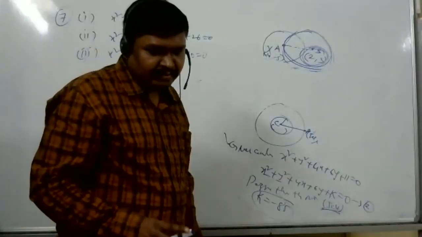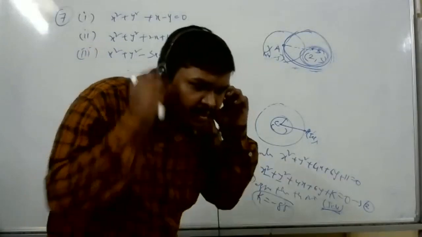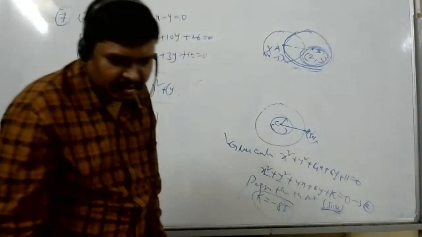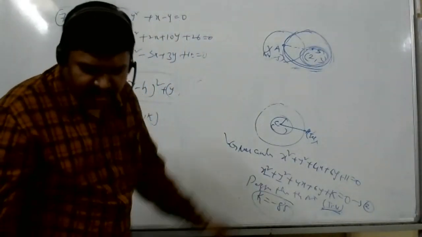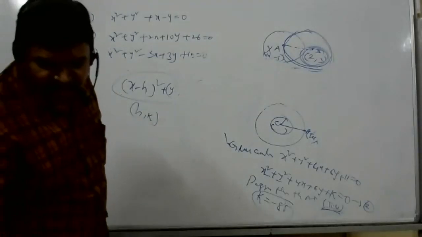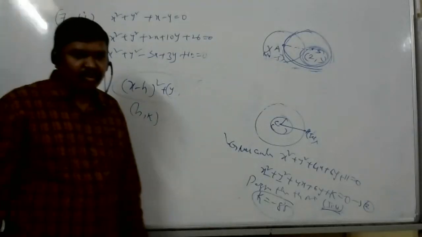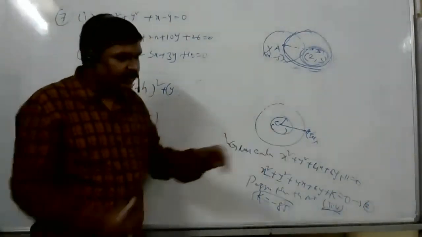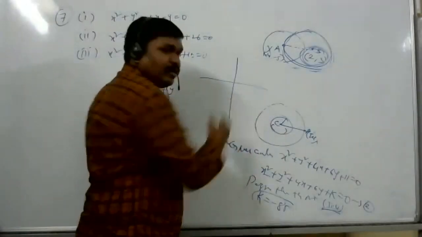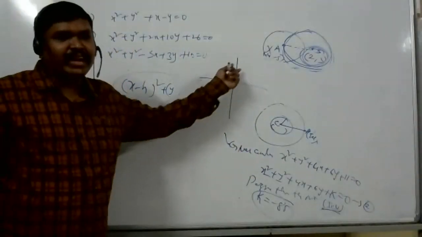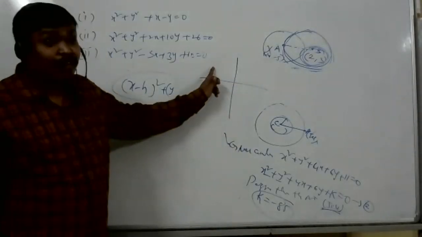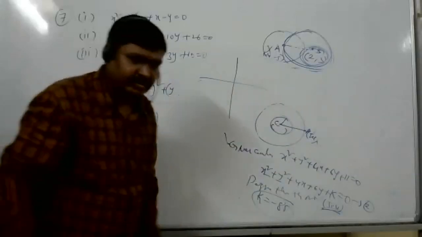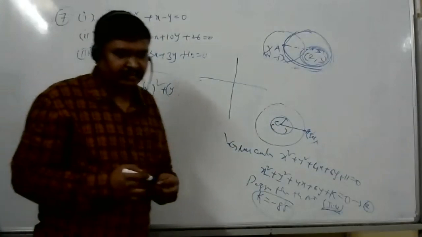Sir, in the question where it's a mirror image, you just found the distance and radius of one side and then took the negative of it? Mirror problem, right? The mirror of the circle is given and the mirror axis is y equal to 0. Then yes, negative. The point is (4, 8). Yes, I got it, sir. (4, 8), negative is (minus 4, minus 8). Sorry, (minus 4, 8). Negative, positive (4, 8). Yes, sir. Thank you, sir.